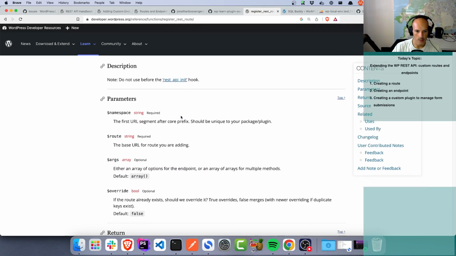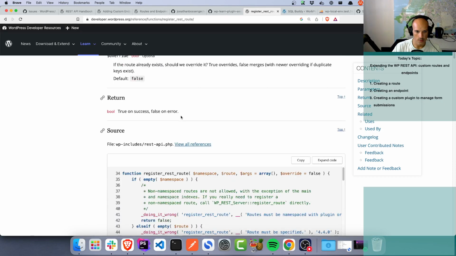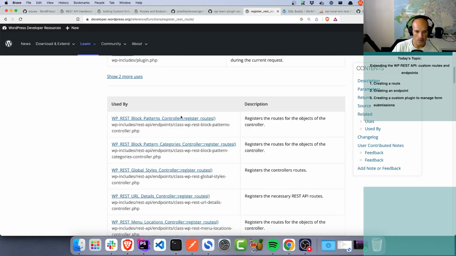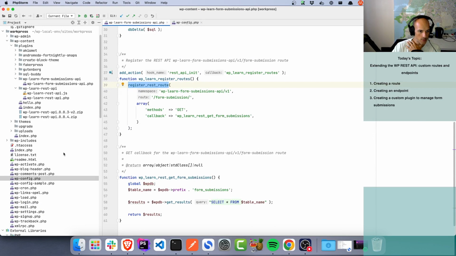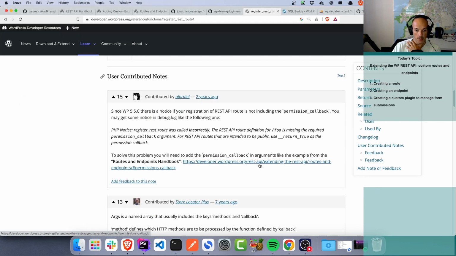Do not use namespace route args. Okay, so this is a note about permission callback. Now, I'm pretty sure that we won't get this message because we're registering a get route, but we will get it when we do